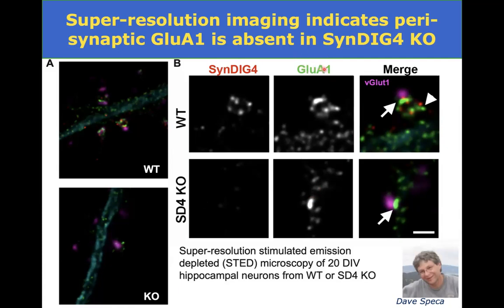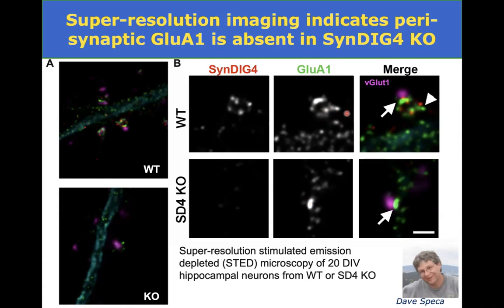Here's the glutamate receptor subunit, and here is one individual synaptic contact. And we can see not only the synaptic GluA1, which overlaps with the presynaptic marker, but this large pool of non-synaptic GluA1 that doesn't overlap with the presynaptic marker, juxtaposed, I should say. And in the knockout animal, as mentioned, the synaptic GluA1 appears normal or even increased, whereas the reserve pool, the backup